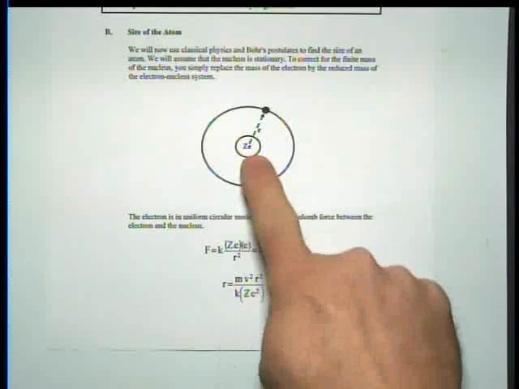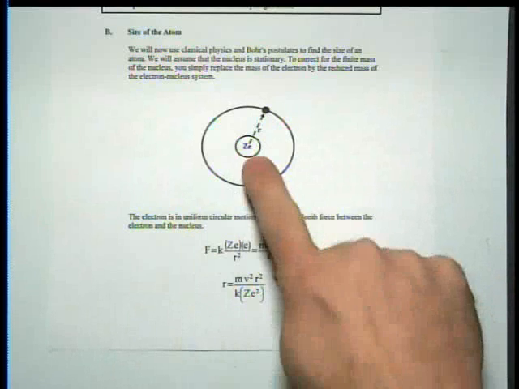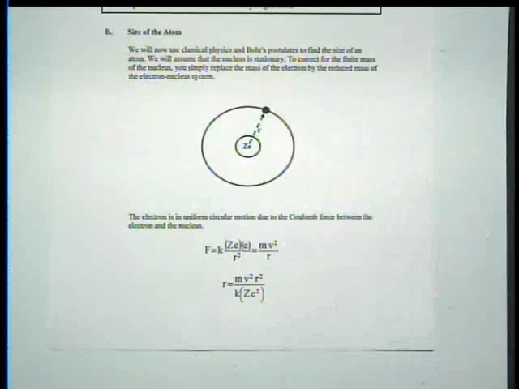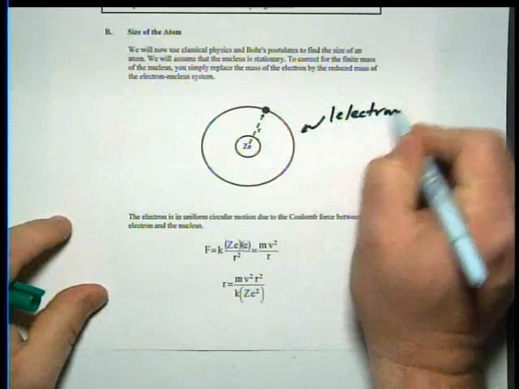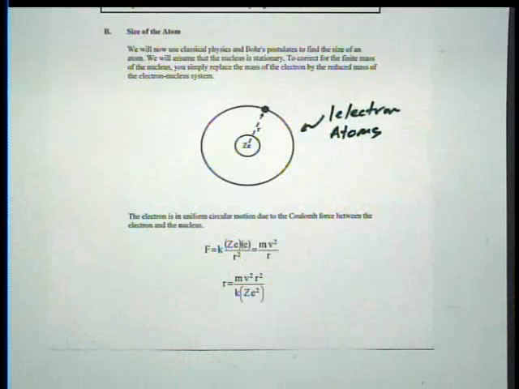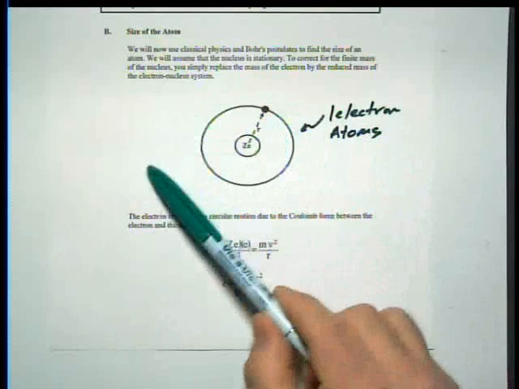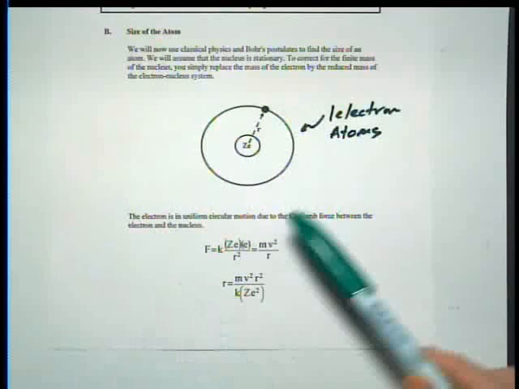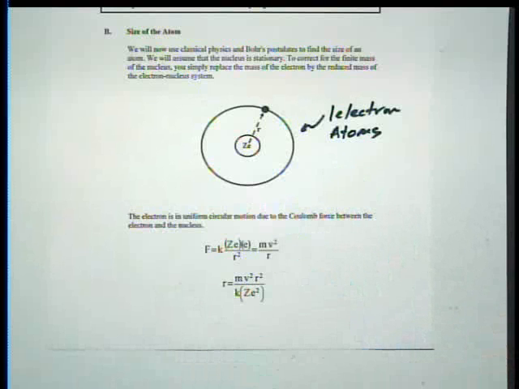Bohr sits down, he says, okay, there's a nucleus for a particular atom, and I'm not going to make it hydrogen, I'm going to leave it more generalized. And I'll leave 1 electron out here. So I'm going to solve 1 electron atoms. And it turns out his theory still works pretty good for 1 electron atoms, not just hydrogen. Why did I say 1 electron atoms? Because I'm not going to consider any forces due to other electrons. So if you have helium plus, I would expect my spectral lines to look pretty good. If I had lithium double plus, I would expect my energy levels to look pretty good, and in fact they do.